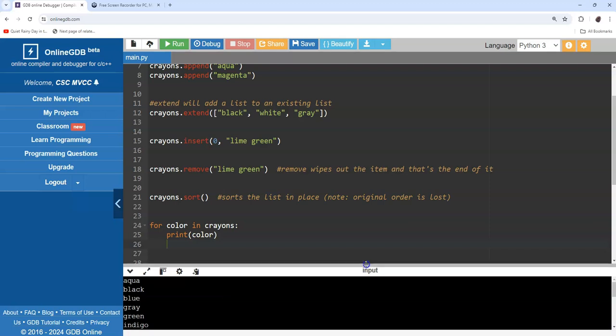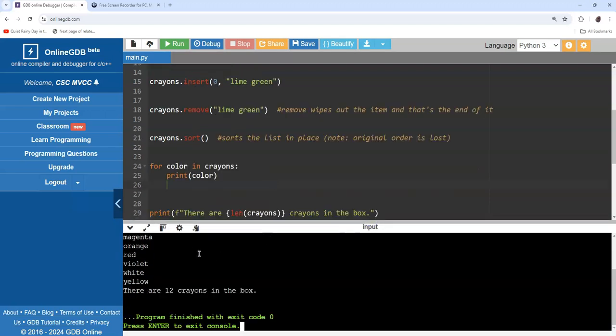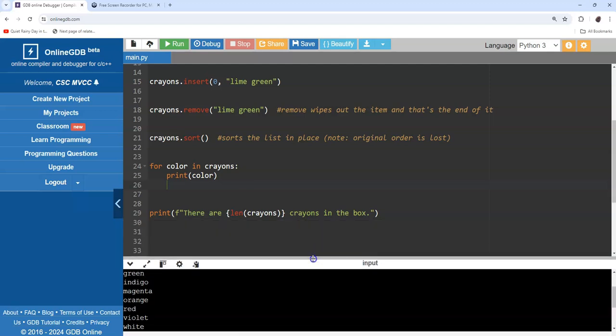Okay, so you can see the sorted method sorted my list in alphabetical order, which you may or may not want. Okay, I don't think I would want that here. I think I like the old order, which was the rainbow colors and then the extra colors at the end. But,